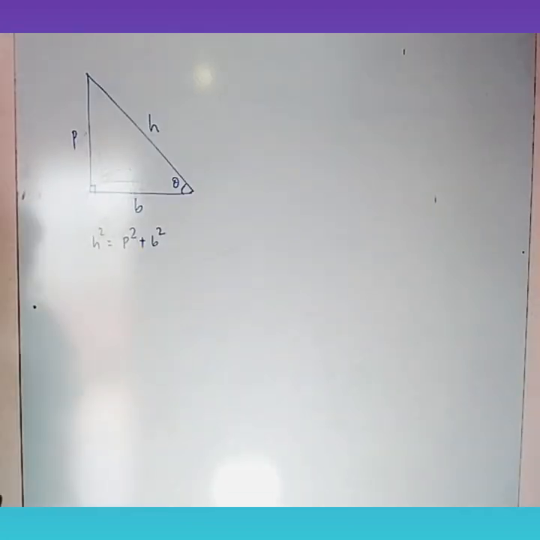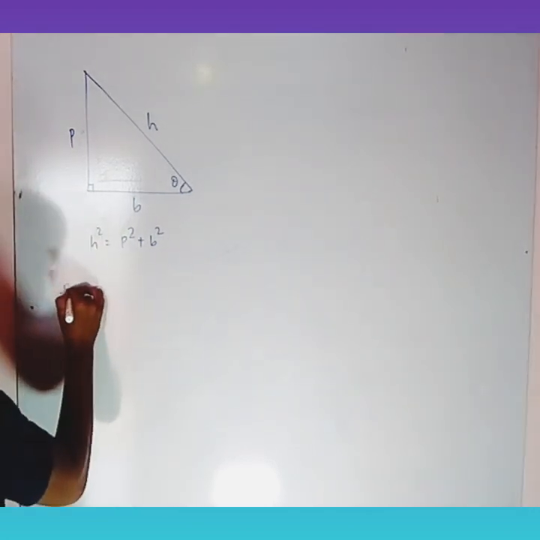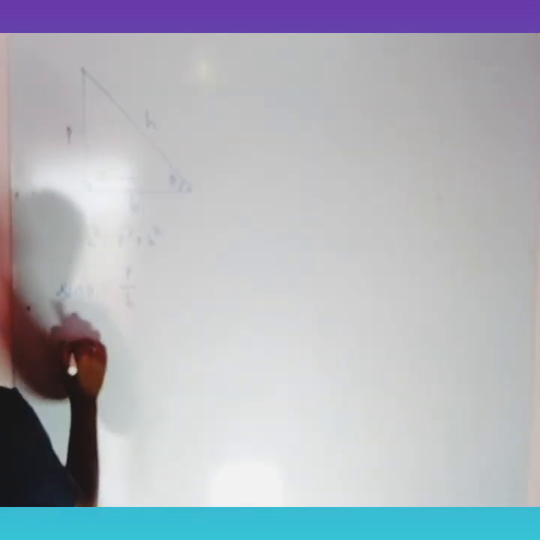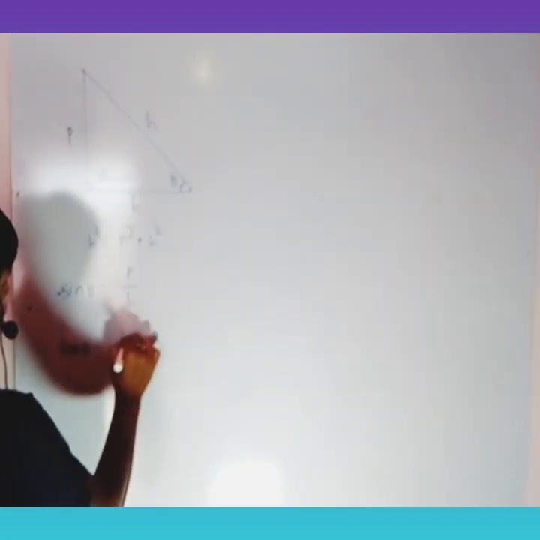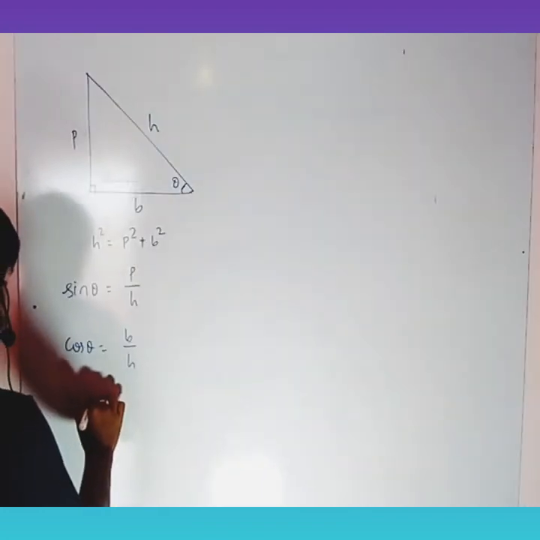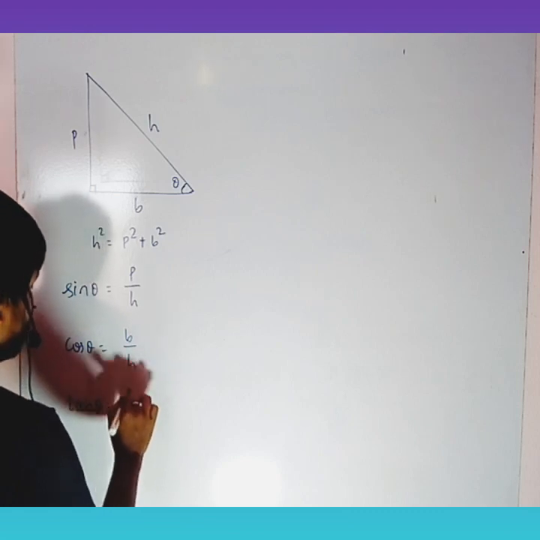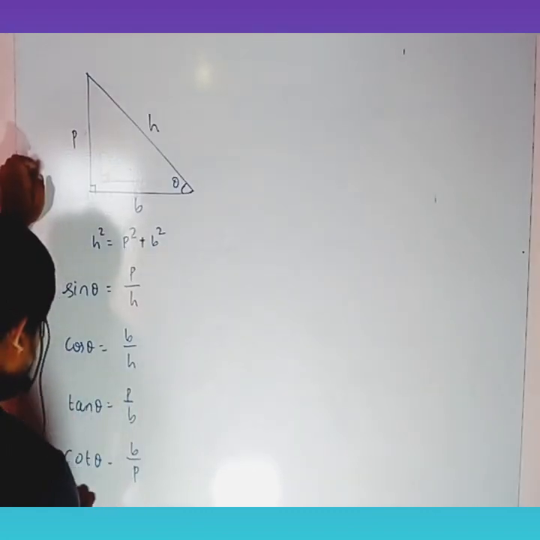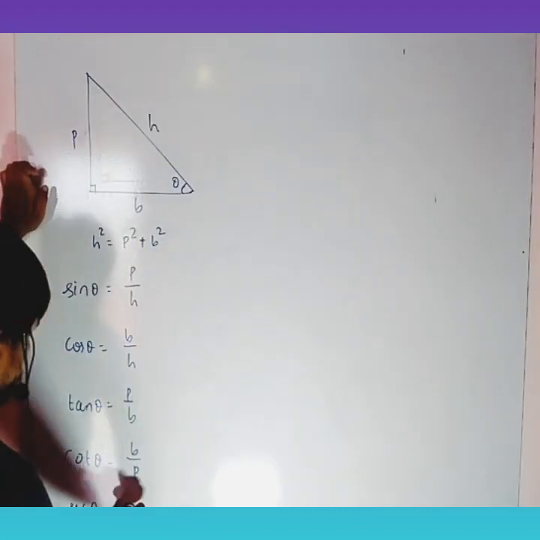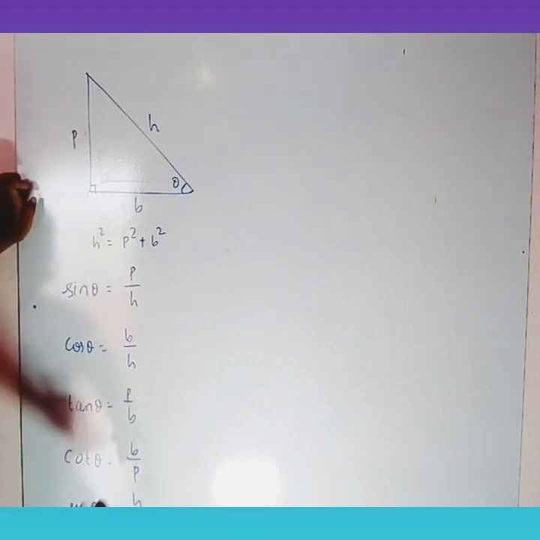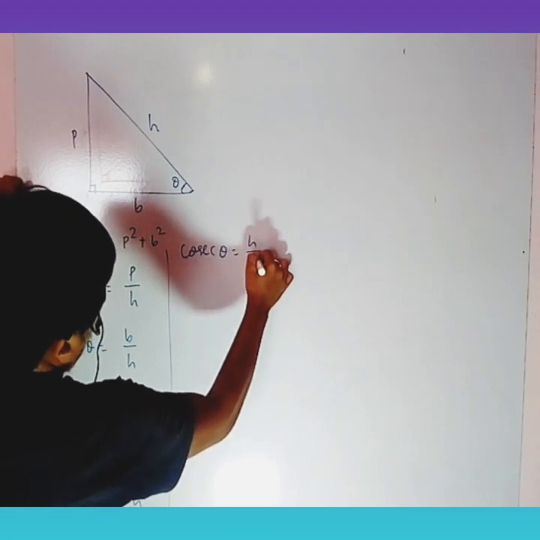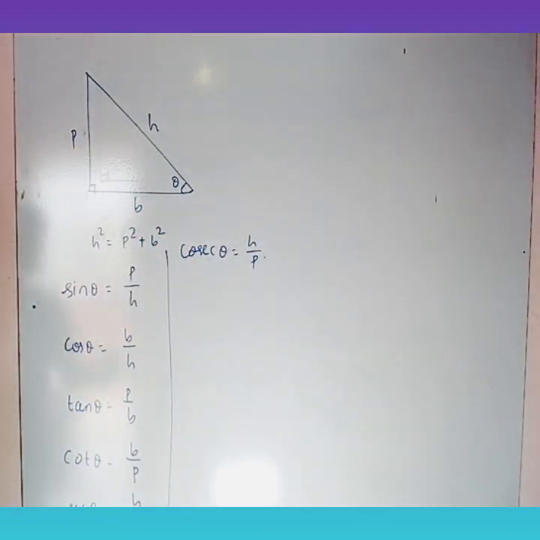There are 6 trigonometric functions which are expressed as the ratio of the sides of a right angle triangle in this form: sin theta, p by h; cos theta, b by h; tan theta, p by b; cot theta, b by p; sec theta, h by b; and cosec theta, h by p. So from these ratios, we can say that